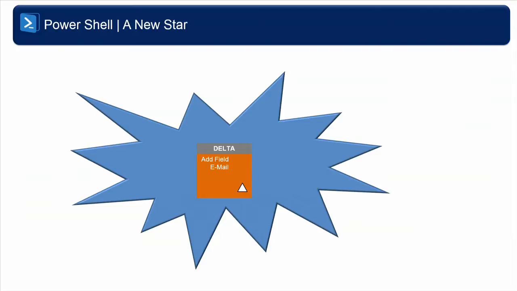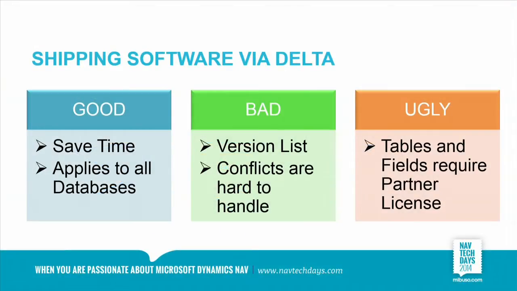You can ship the delta to any partner, and the partner can use PowerShell to start applying the delta to their own objects. There are some good, bad and uglies to this. The good thing is it saves a whole bunch of time, because what happens at the partner that receives the software is they take a Cronus database, import the FOB file, export the text, and start merging it against their own software. Those are all steps that they can save. They can put all the deltas in a folder and immediately start applying the deltas to their own